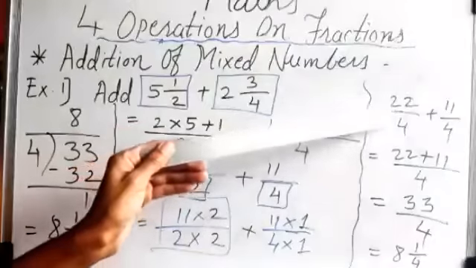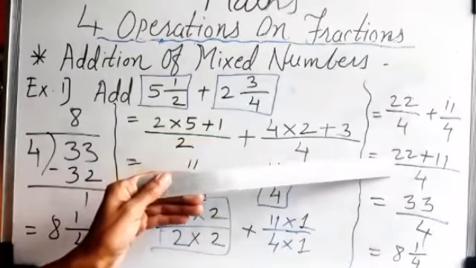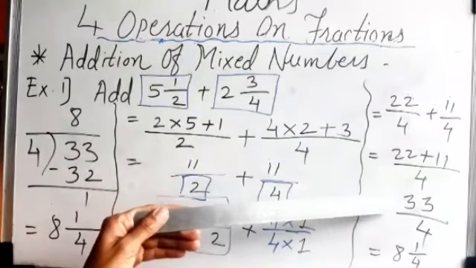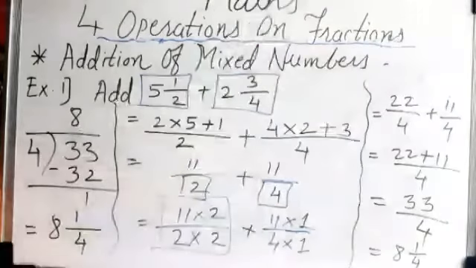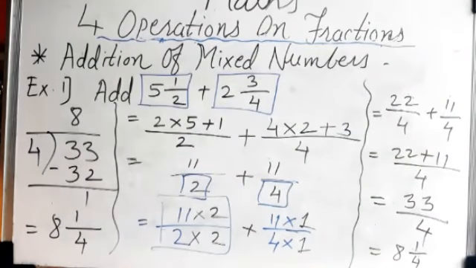and then if the denominators are same, only then you can add the numerators. So if we add the numerators, the answer came 33 upon 4. Again, this improper fraction I have converted into a mixed number. So the answer came 8 and 1/4. Okay. So this is all about how to add two mixed numbers. We will take more examples of this.